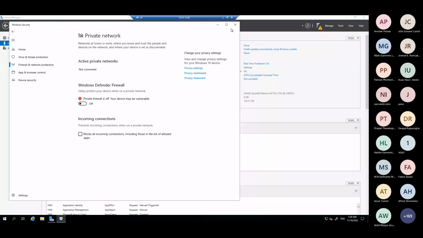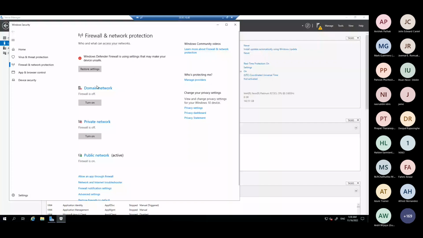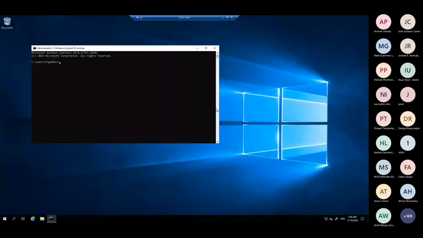So yes, your firewall also, let me block it. Now we are in VM4, which has been hosted in another VNet. You can see this is 1.0.4. Now if I try to ping to VM1,